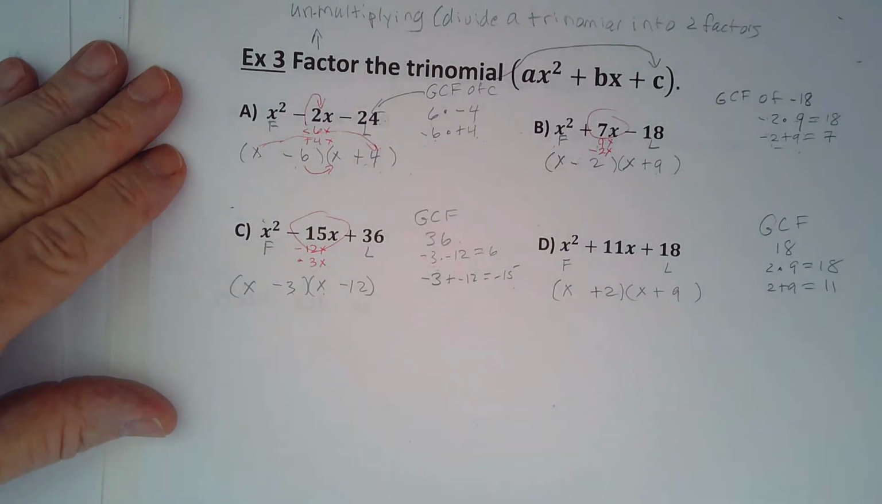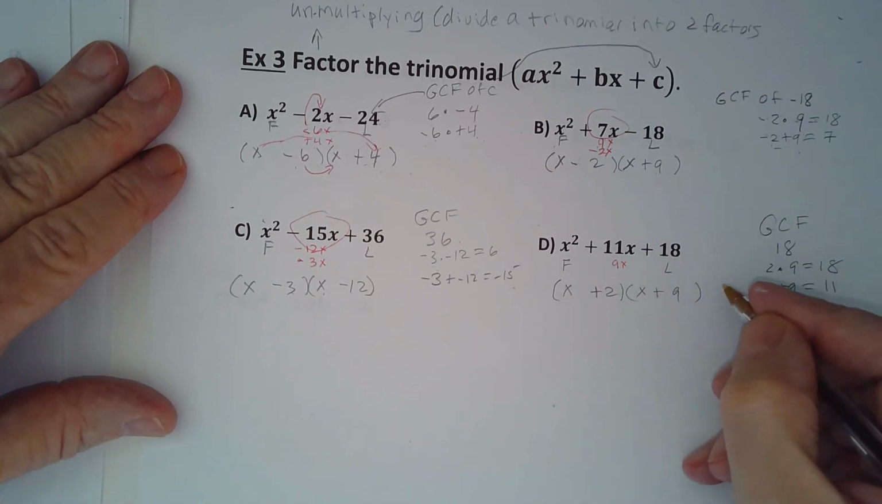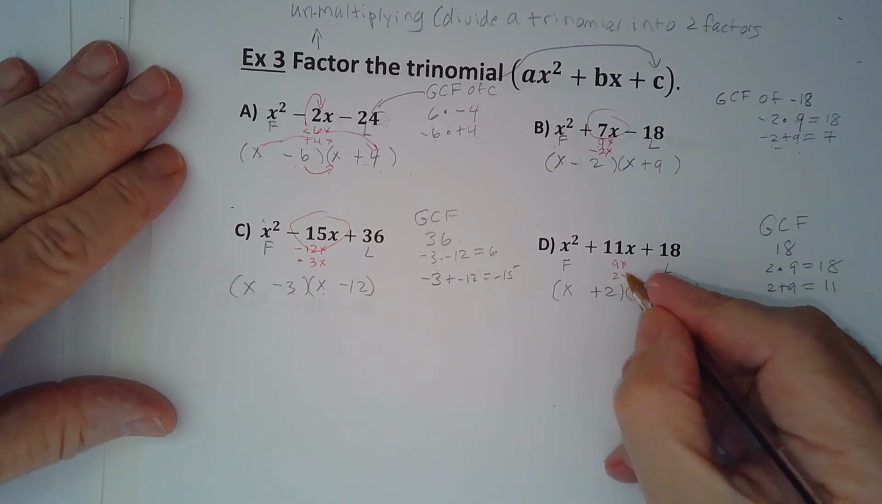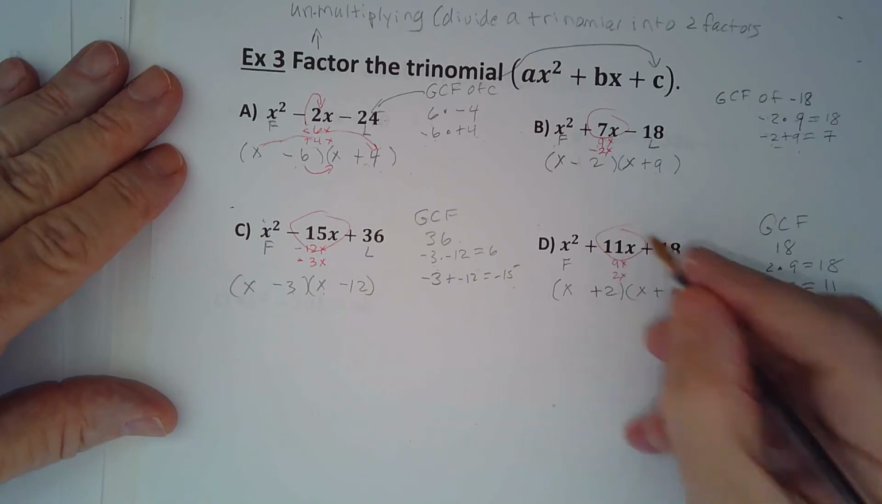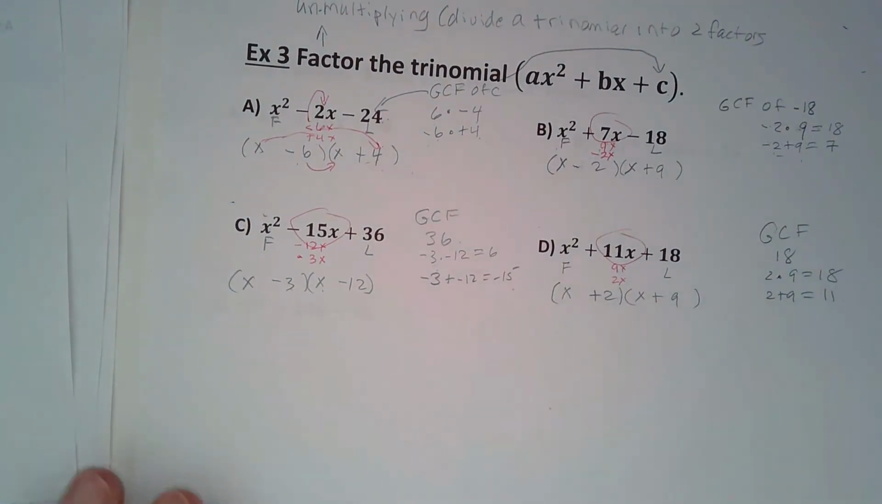So I've got 9 times x is 9x. 2 times x is 2x. You add together 2x and 9x, and by golly, you get 11x. So you see how this works. Now,